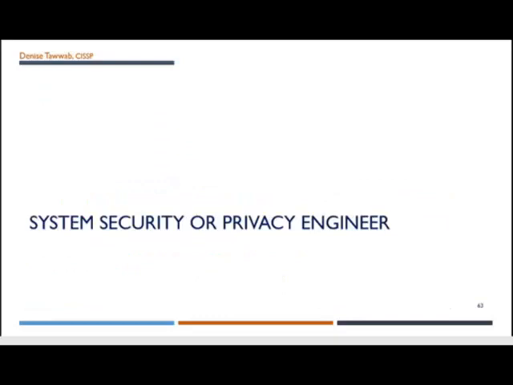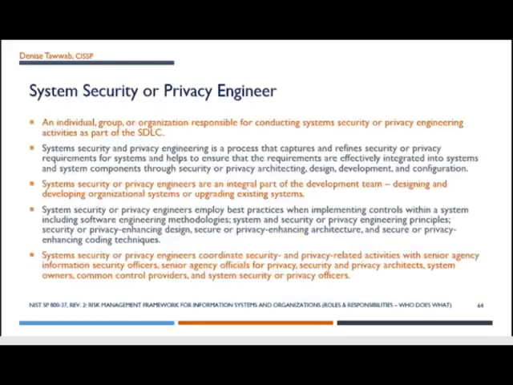Then you have your system security or privacy engineer. The system security or privacy engineer is an individual, group, or organization responsible for conducting system security or privacy engineering activities as part of the system development lifecycle. System security and privacy engineering is a process that captures and refines security or privacy requirements for systems and helps to ensure that the requirements are effectively integrated into systems and system components through security or privacy architecting, design, development,